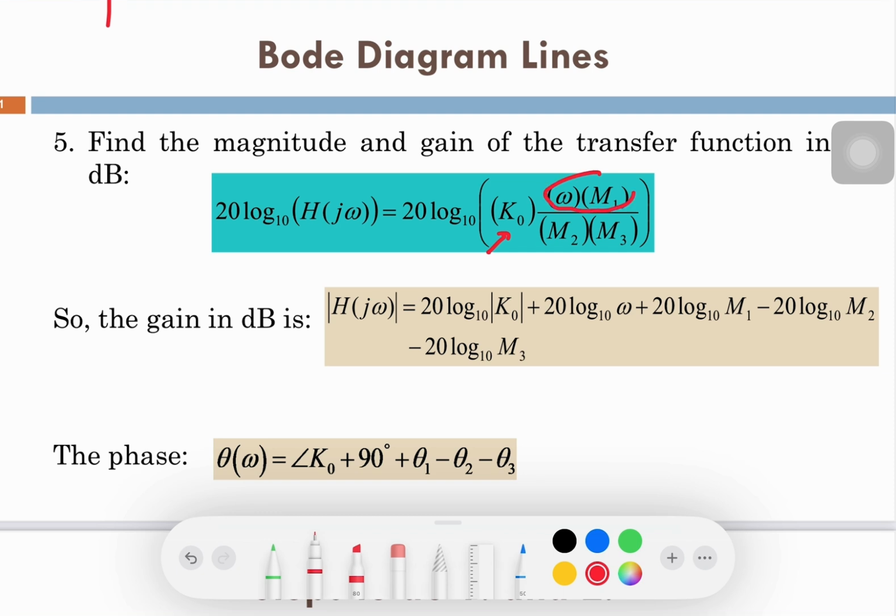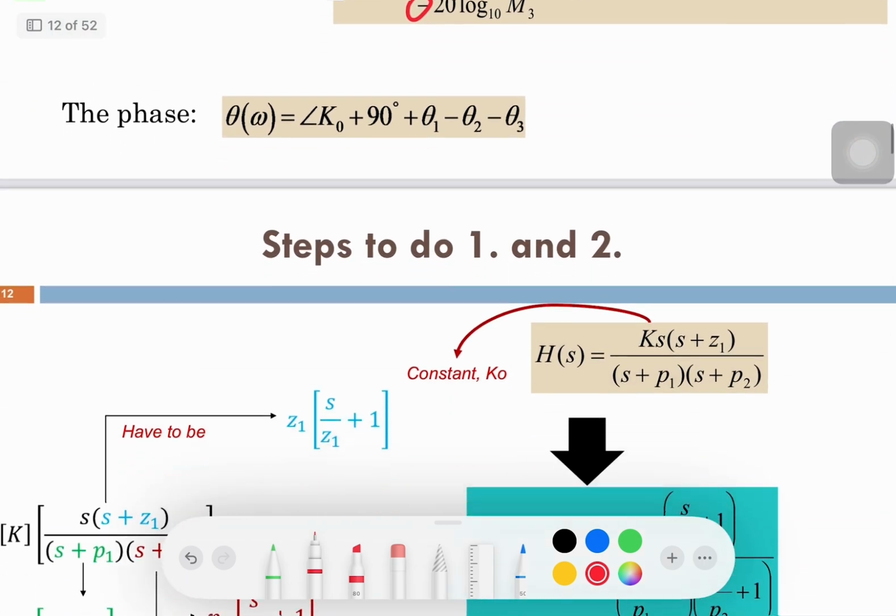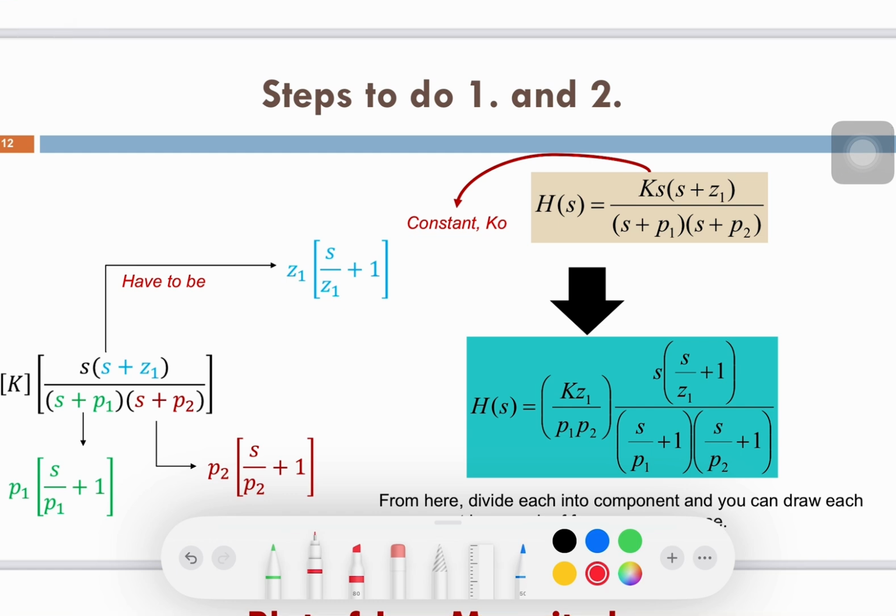For example, just like the exponent, if you have multiplication, that means you add, and if you have division, that means you subtract. The same goes for the angle, the phase. Okay, let's do this. First things first, when you are given the transfer function, what you need to do